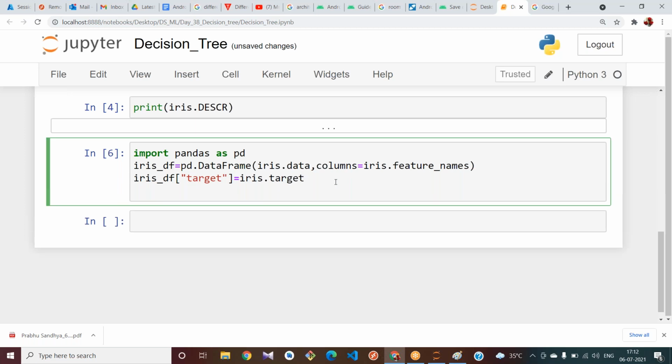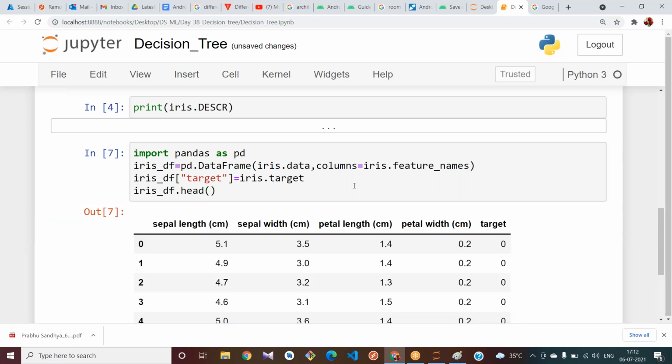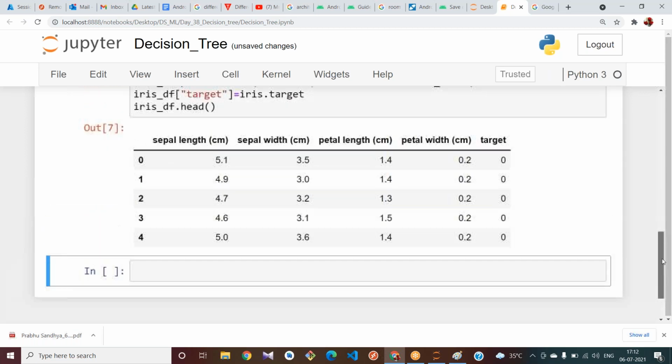Let me check once with iris underscore df dot head. See, our target has been added.